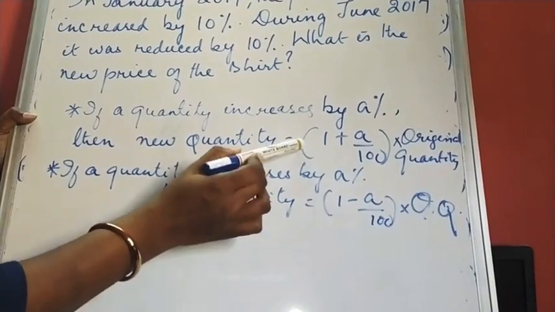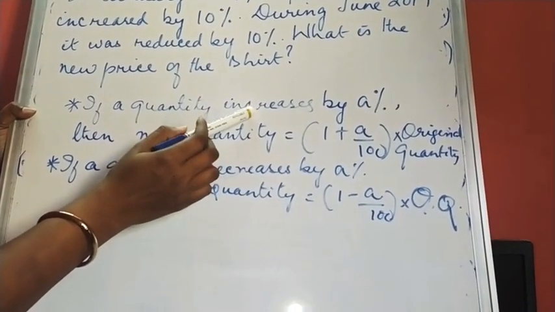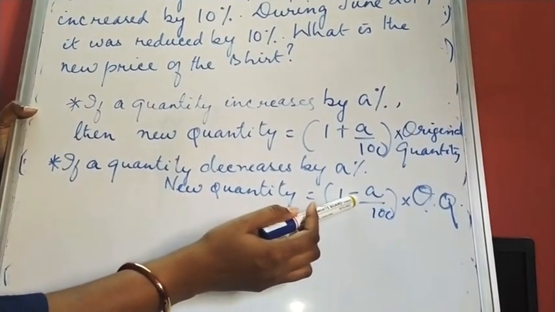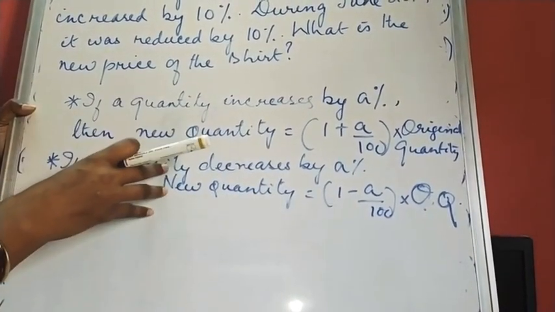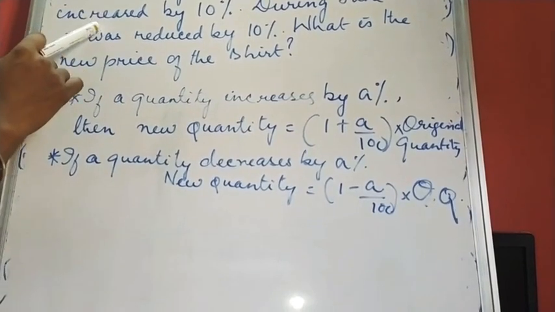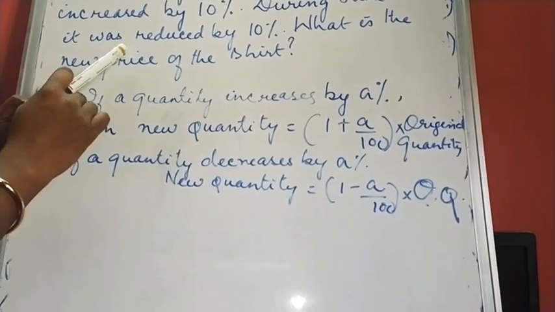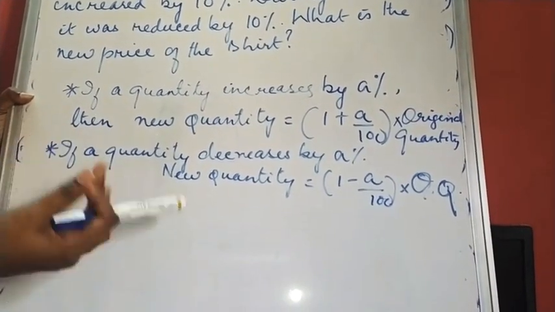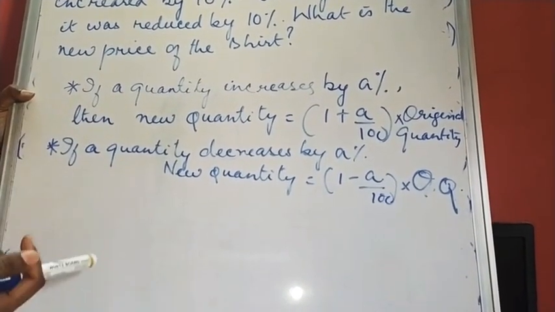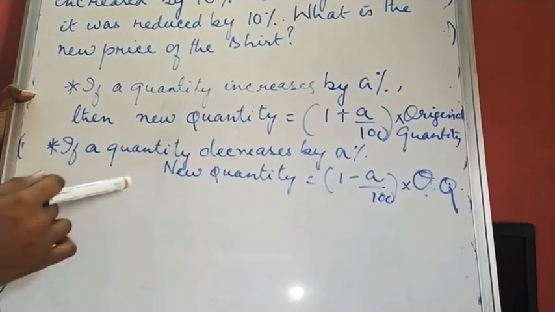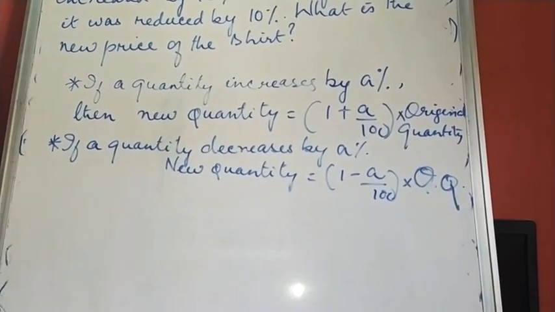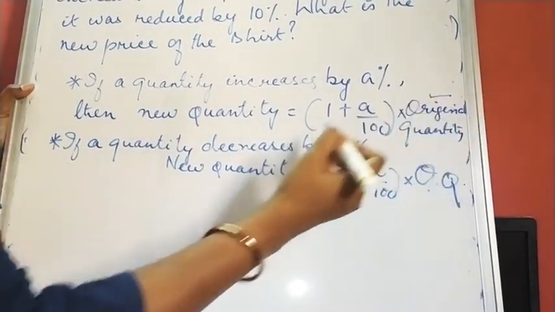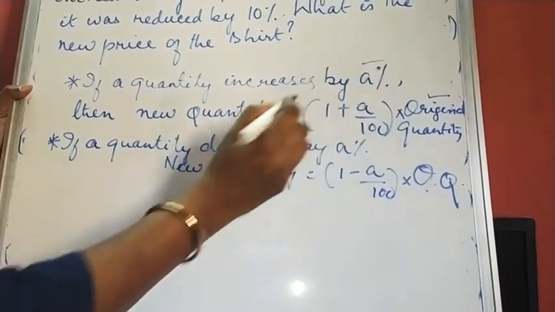The difference between both of these is, if it is increase, we have a plus sign, and if it is decrease, we have a minus sign. Therefore, putting this method into the solution of this question, we can find the answer. In the previous class, I had taught you one method of solving. Again, in order to make you understand better, let us do it in this way. What are the factors that we need? We need the original quantity and we need the percent.